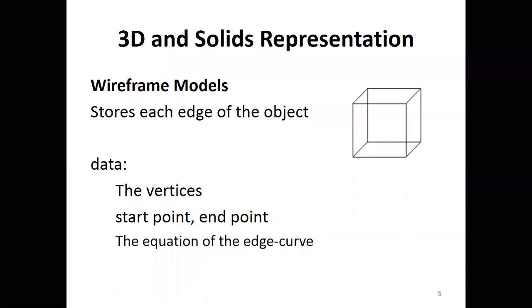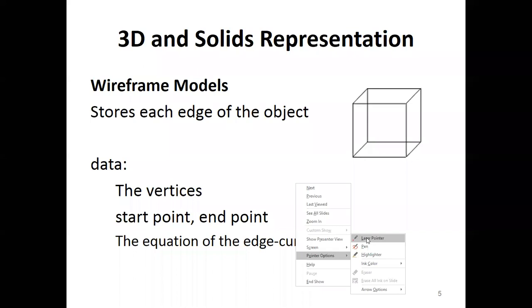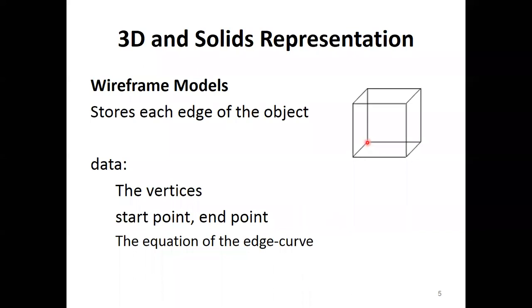You are trying to show the 3-dimensional object in 2D paper. That is why you will be having n number of edges. Showing edges is known as wireframe model. If you look at it, it is a cube. Only edges are shown. Just a moment, I am changing this. Okay, so 4 corners at the base, 1, 2, 3, 4, 4 vertices or 4 corners, you can say. Top also 4, 1, 2, 3, 4. Okay, vertices and edges. Showing vertices and edges is known as wireframe model.